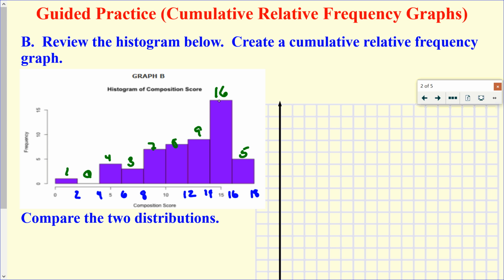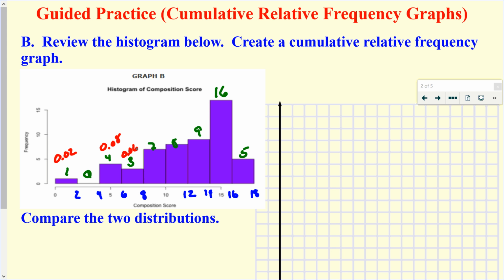So if we're going to write down the percent, so 1 divided by 53, 0.02, 4 divided by 53, 0.08, 3 divided by 53, 0.06,